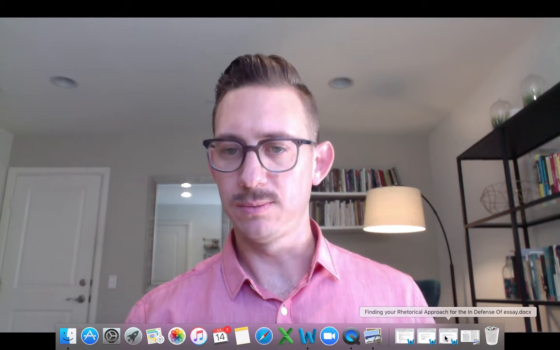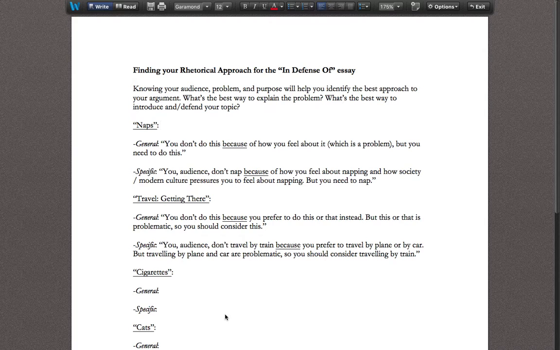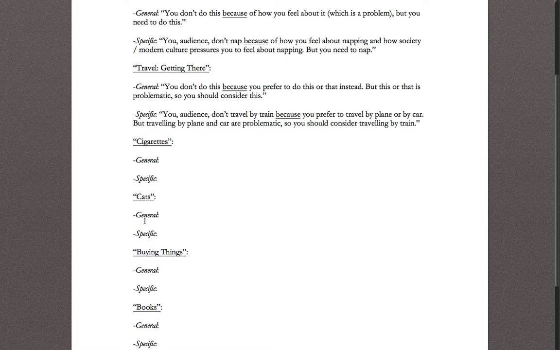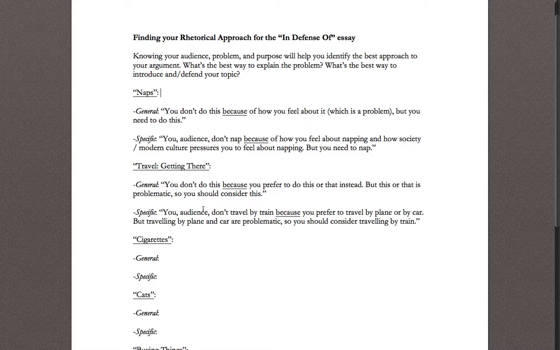So let me get to this worksheet that I've put together. And this is going to be an ongoing worksheet that I'll continue to add to as we read "Cigarettes and Cats" and "Buying Things" and "Books." But for now, we've just read "Naps" and "Travel: Getting There." So this is all we have to work with so far in terms of rhetorical approach. But these two will at least give us enough to understand as we start thinking about our first draft of the in-defense-of essay